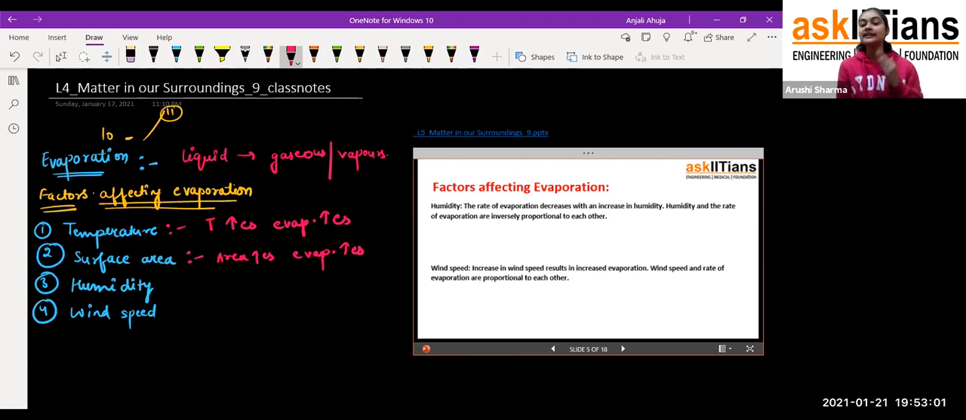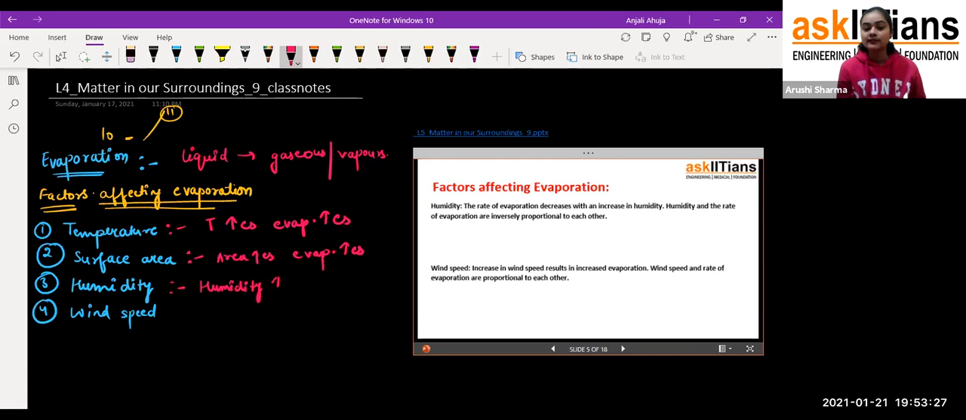So you can see that in the winter season, clothes take some time to dry, but in the summer season clothes dry very easily, whether they are cotton clothes or others, because there is more heat and more temperature. That means in summer the temperature increases, that's why evaporation also increases. So that is about the humidity, students, that when